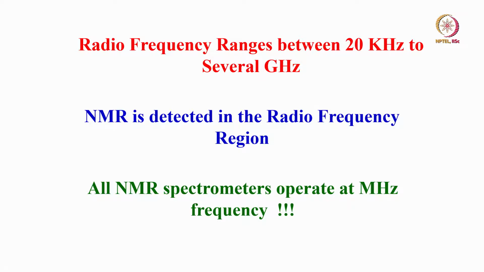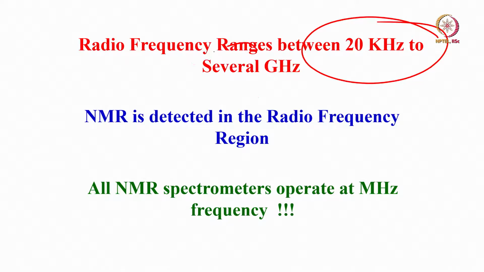What is the frequency we calculated for different nuclei now? For protons, it was 600 megahertz, carbon 150 megahertz. That is within this range. That means the resonating frequency of NMR always comes in the radio frequency region, because the radio frequency ranges